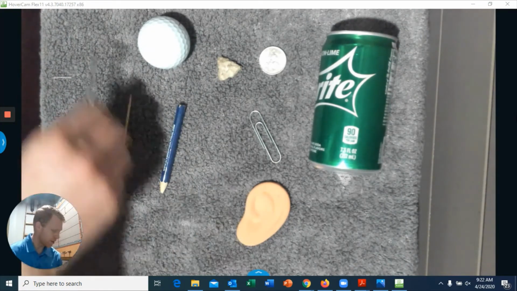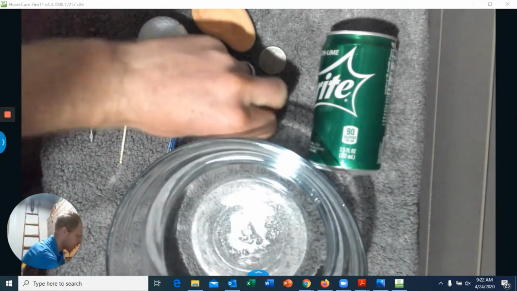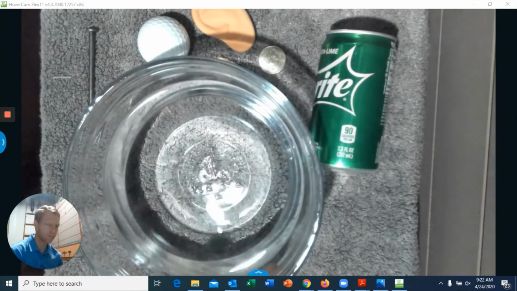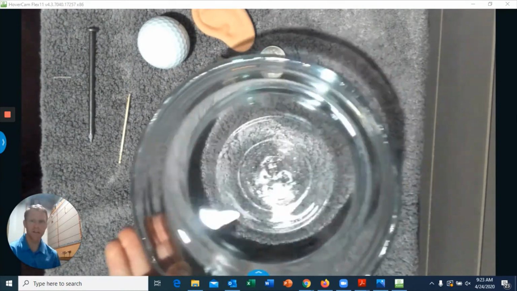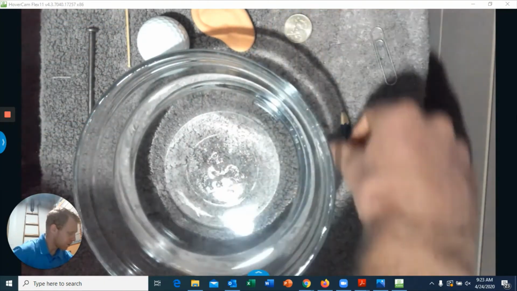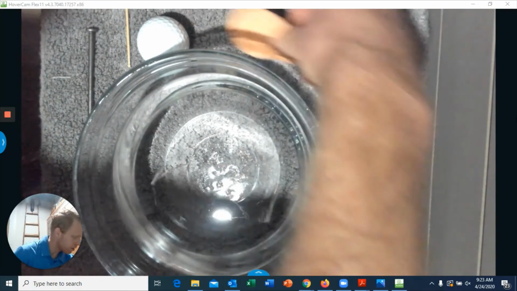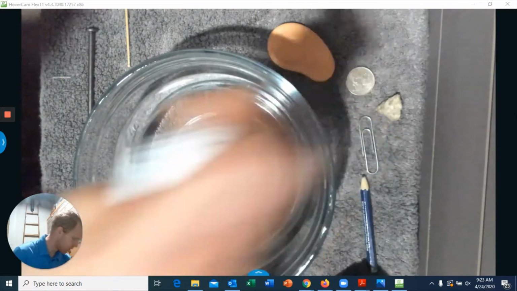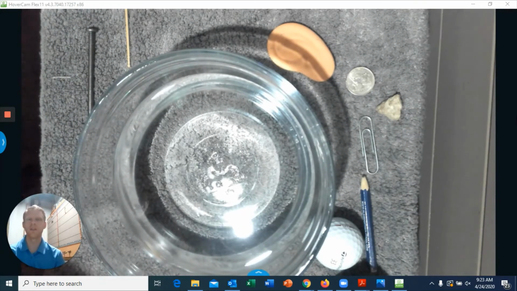And our last test for today will be to see if these materials sink or float. Let's put it back over here. There we go. All right. So again, thinking about these objects, which ones do you think will sink and which ones do you think will float? We can use our knowledge of things in everyday life to answer this question. Do things that are wooden generally sink or generally float? Let's check. The toothpick,